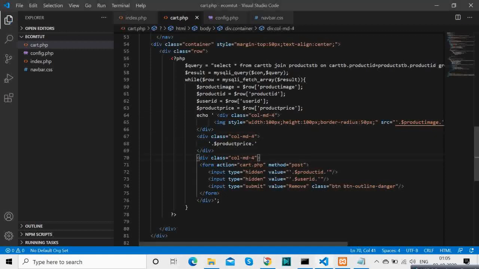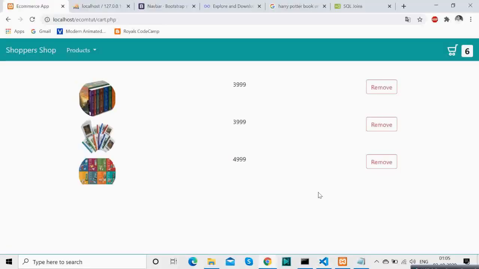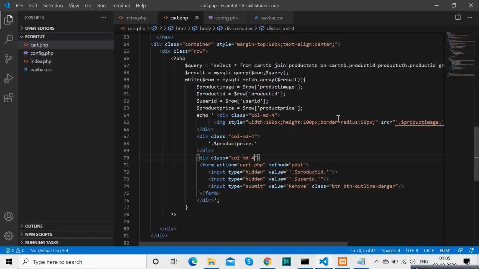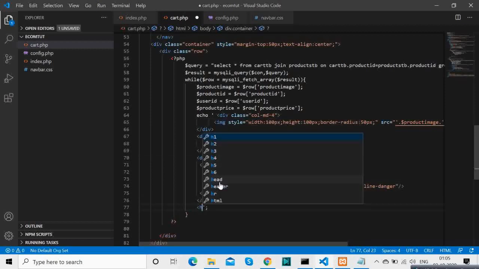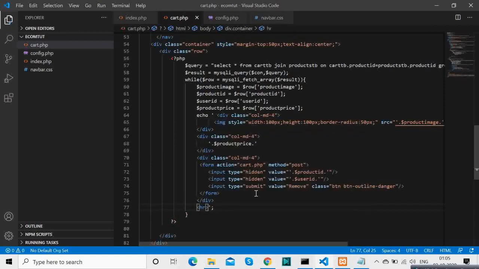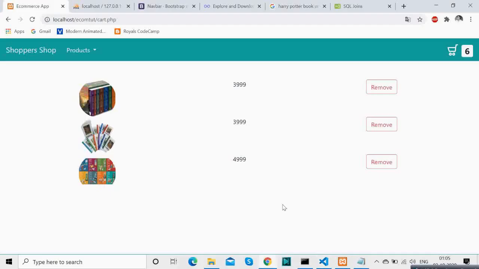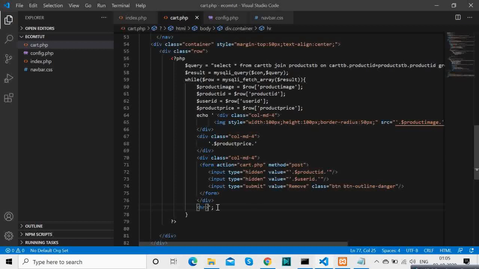And there you go, you have that shopping cart. So I will align it a little more, giving some border at the bottom so that it looks a little bit better.